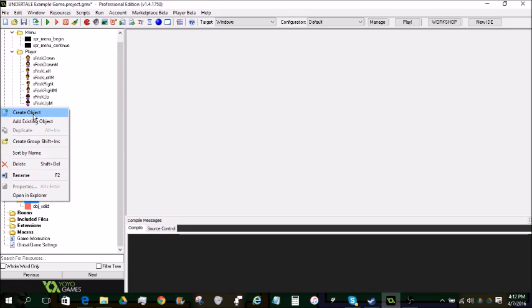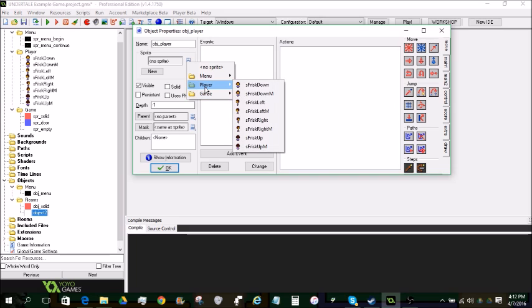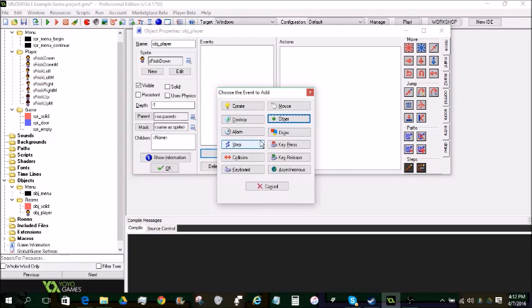And now we're going to want to create Frisk, or player, I guess. And set the def to -1. And let's start with Frisk down. Okay, so